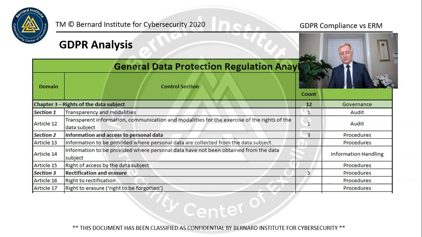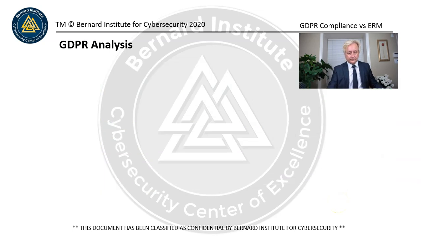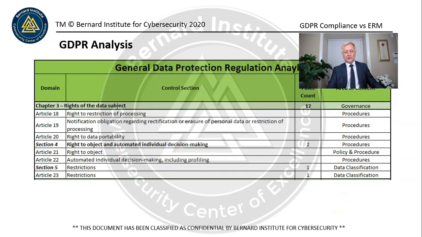And the right to erasure. This is a very challenging item for most ICT, IMT organizations. If we have personal information instances, erasing it from the primary transaction database is easy, but then we have backups and we have cloud instances as well to remove. So it gets very complicated, and this is a big to-do, but you need to have procedures around that in order to get it done. That's 17.